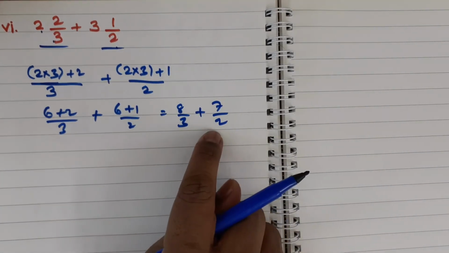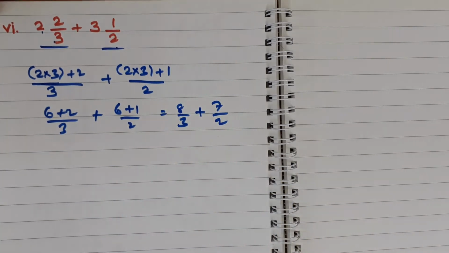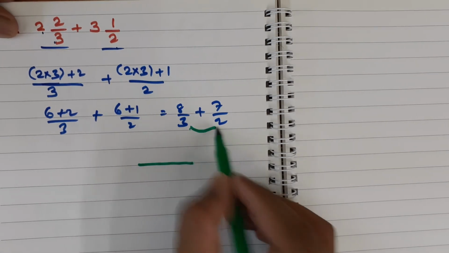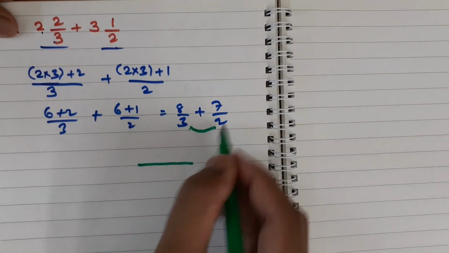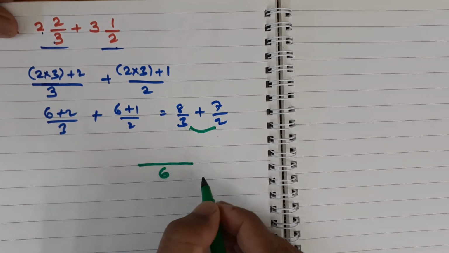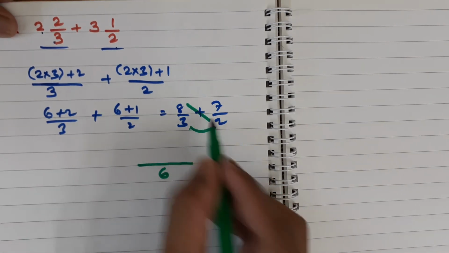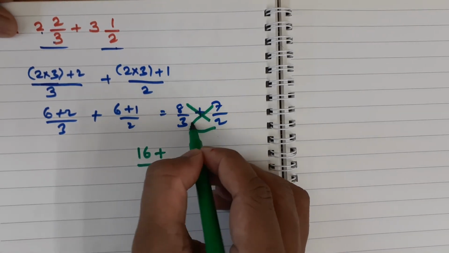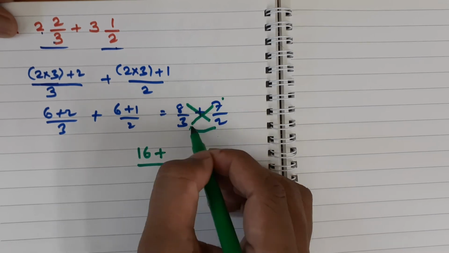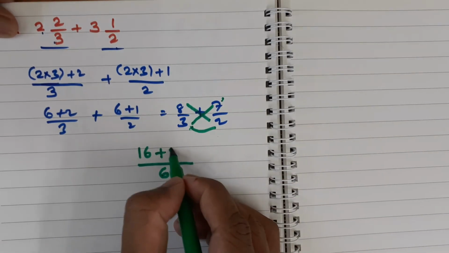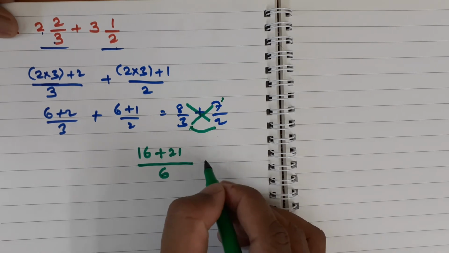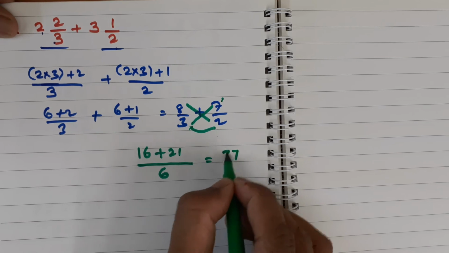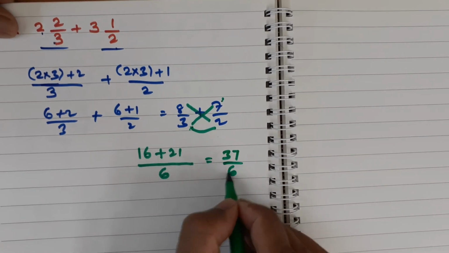So this is the improper fraction. Now we have to add these improper fractions. The same, our cross multiplication method, or you can use the LCM here. So first I am multiplying 3 into 2. 3 into 2 is 6. I am writing here directly. Then 8 into 2, 16, plus, then cross multiply from the right side numerator into denominator. 7 into 3 is 21. Then this answer is 16 plus 21 is 37, 6 plus 1 is 7, 2 plus 1 is 3, 37 by 6.